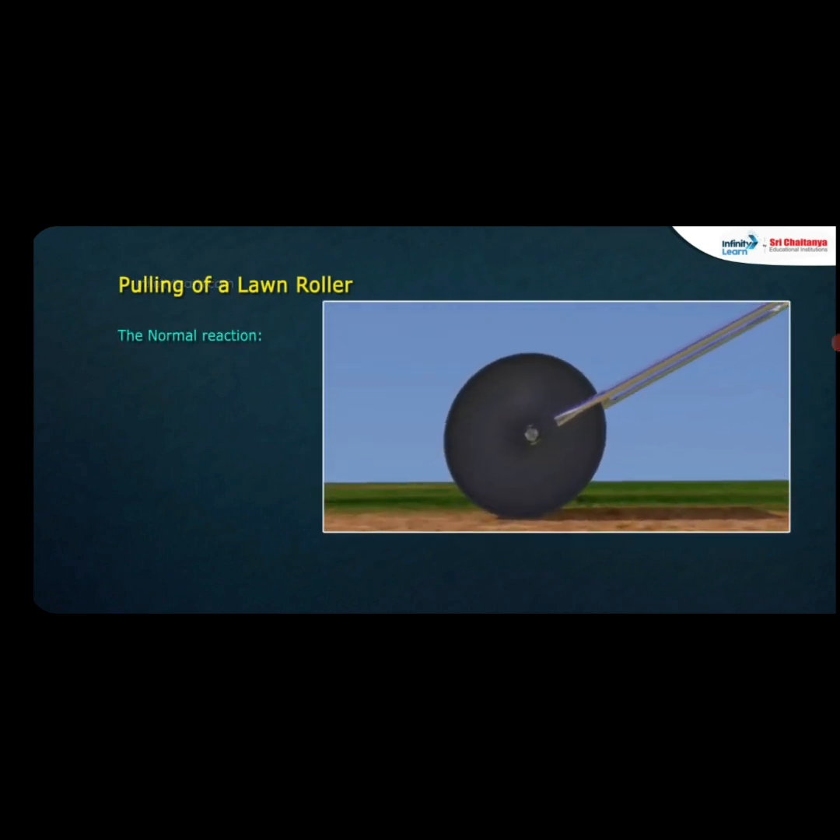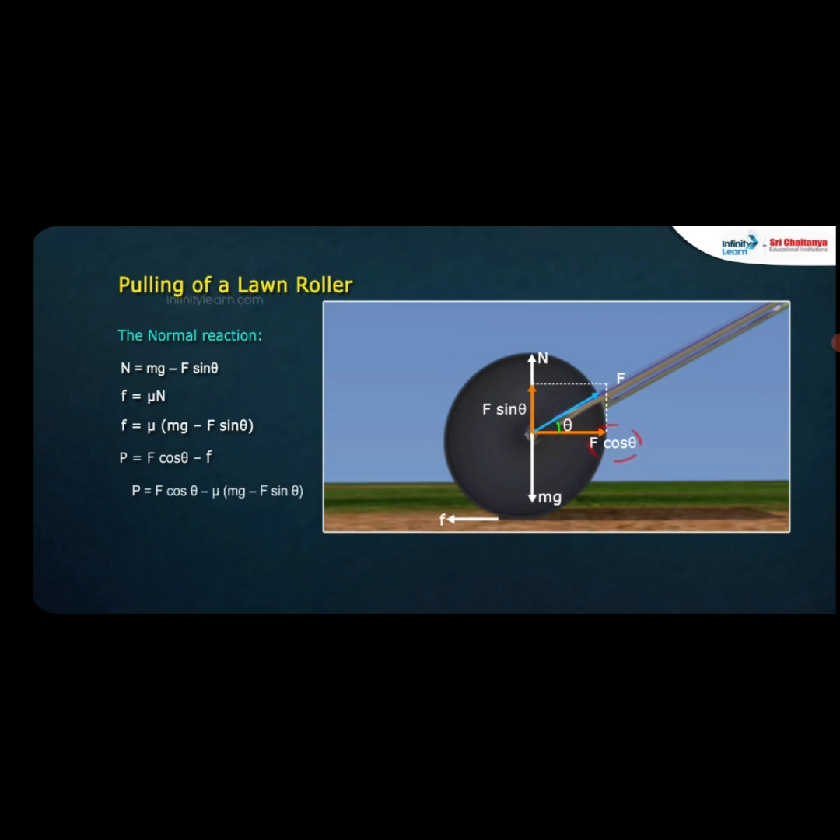From this diagram, the normal reaction N is equal to mg minus F sine theta. F is equal to mu N. F is equal to mu of mg minus F sine theta. P is equal to F cos theta minus F, which is equal to F cos theta minus mu of